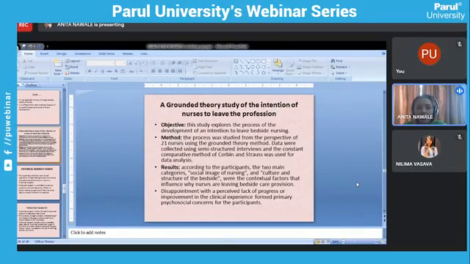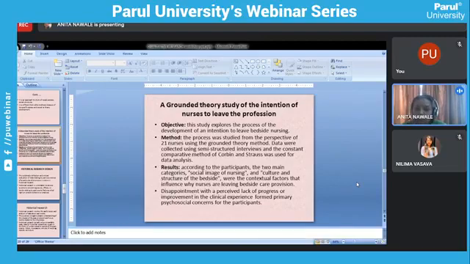They did one study based on grounded theory. The objective was to explore the process of developing an intention to leave bedside nursing, how that intention developed in the nurse's mind. They took 21 nurses, took in-depth interviews from them, and then analyzed them based on grounded theory principles. So what was the result? They found that two important themes emerged from the participants: the social image of nursing, and the culture and structure of bedside nursing.